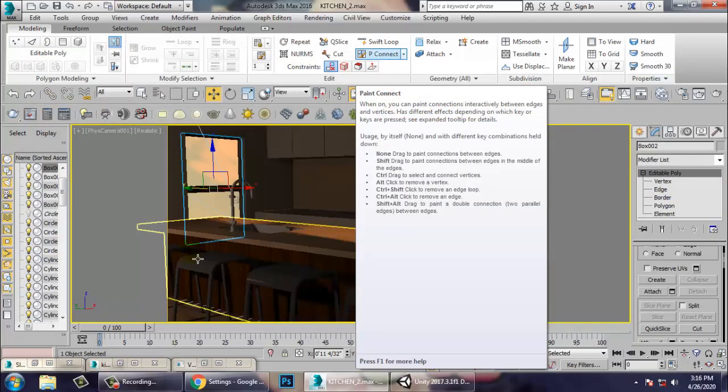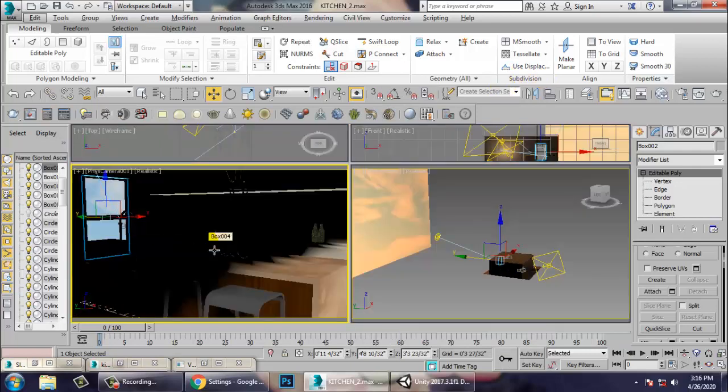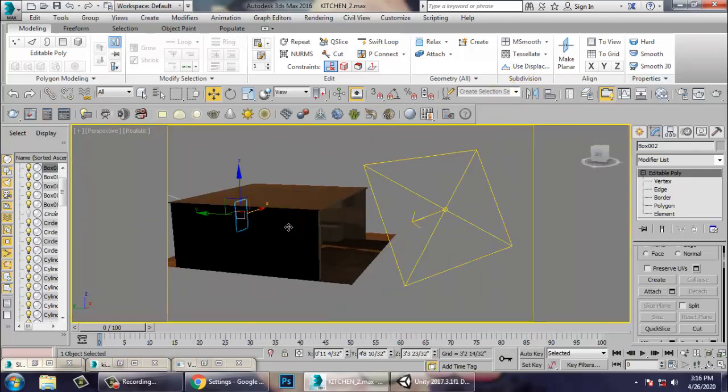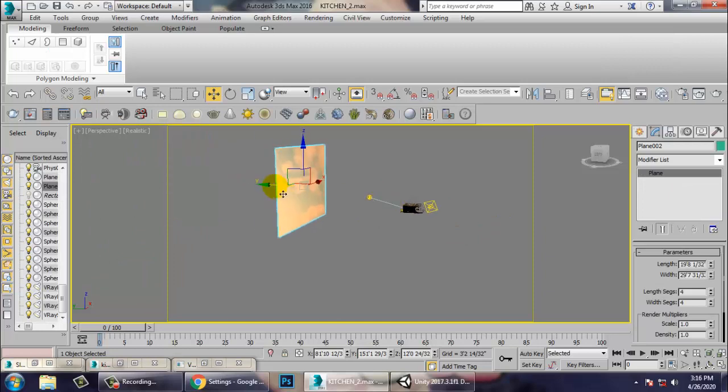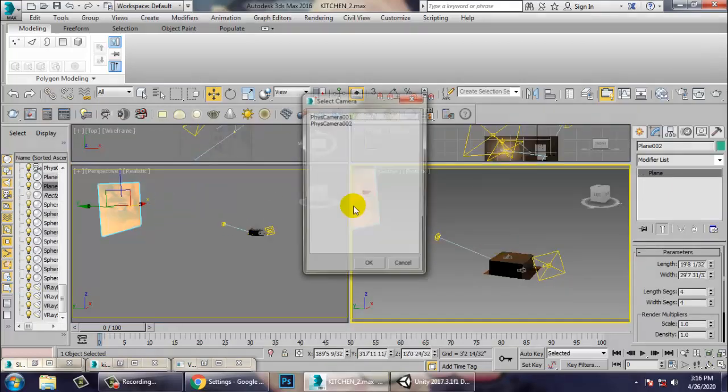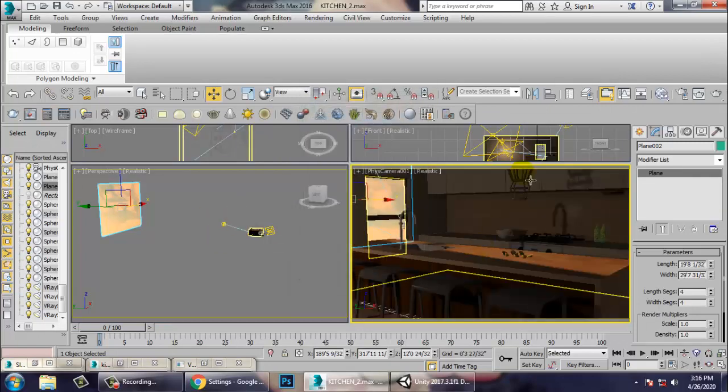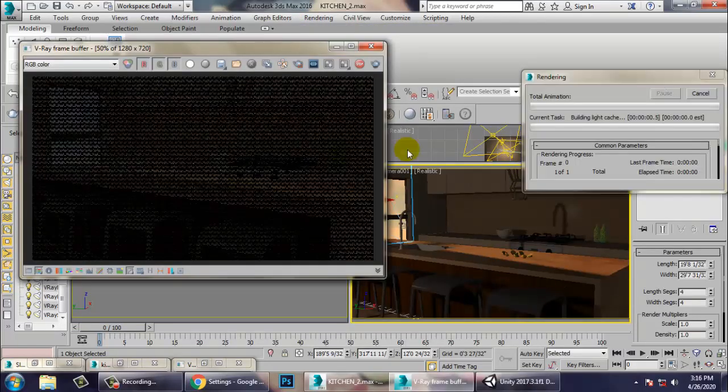So let's again go into the perspective over here and just push it behind. Now let's render it.